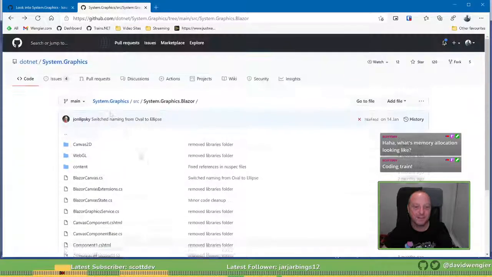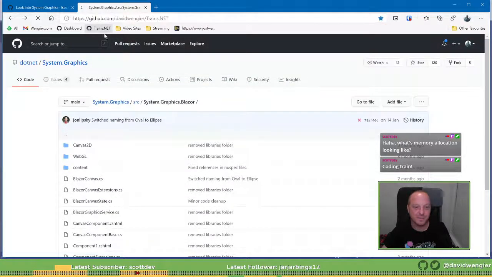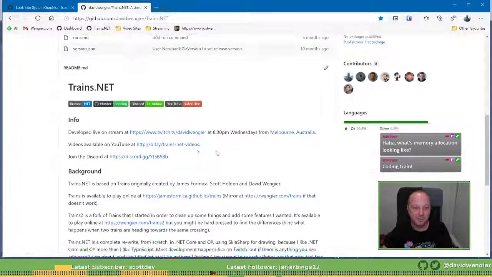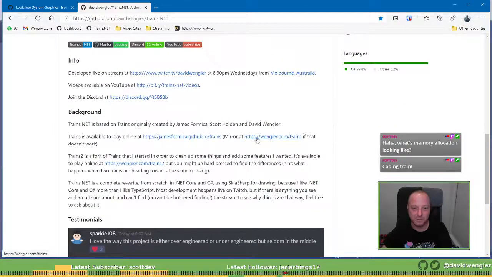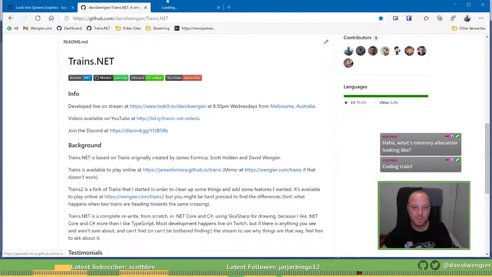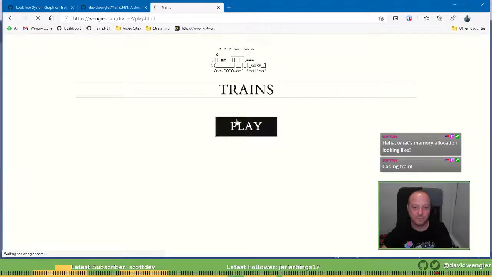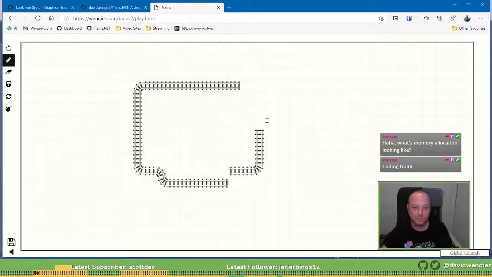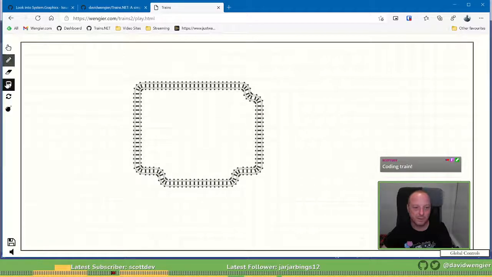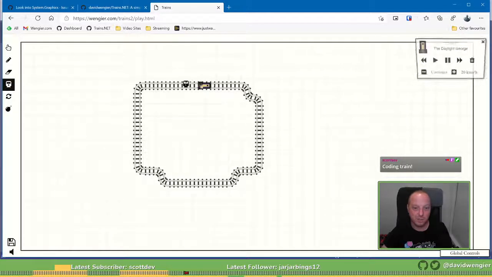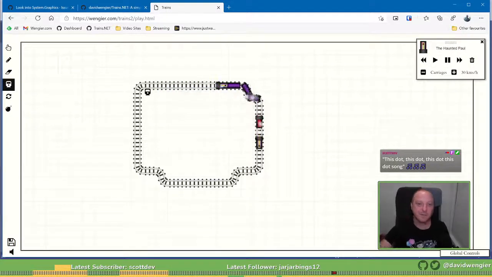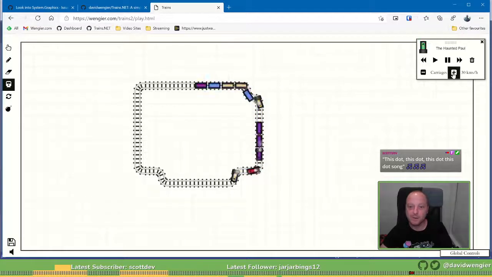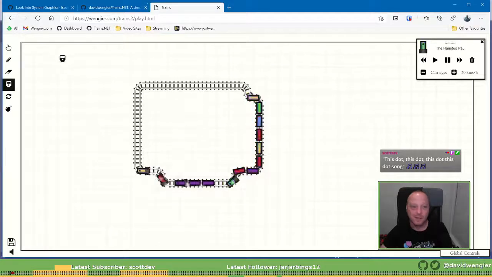The JavaScript version of this game has a rainbow train, which one day I'll re-implement. Where's the link to it? I'm here. Now I'm going to get a rainbow train first try. You watch. Oh, come on, come on. Yes, see, rainbow train. And if you had colors, the carriages also are rainbows. Anyway,